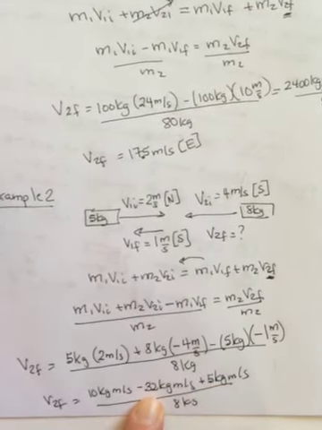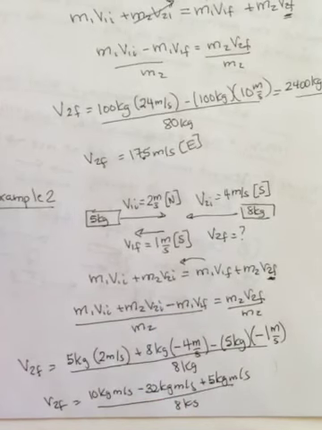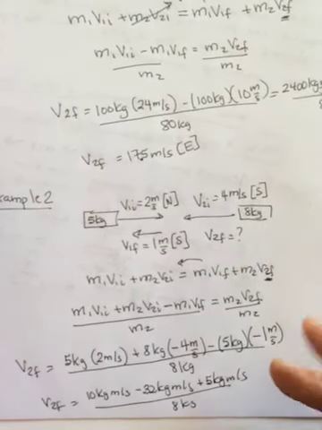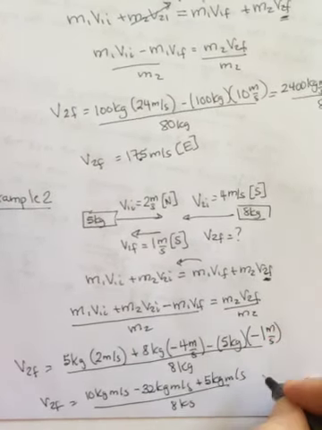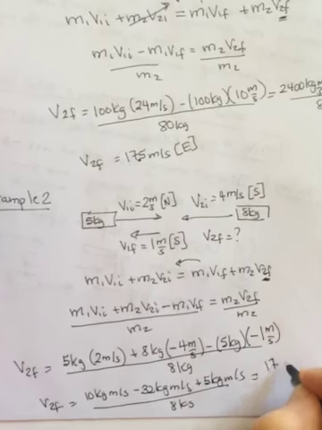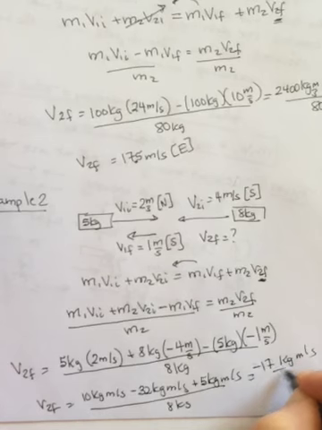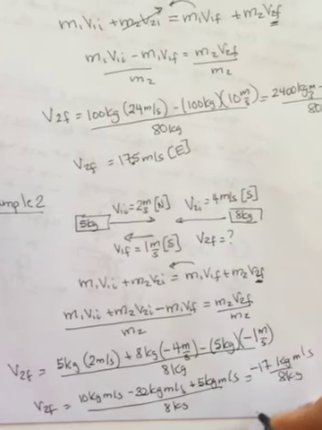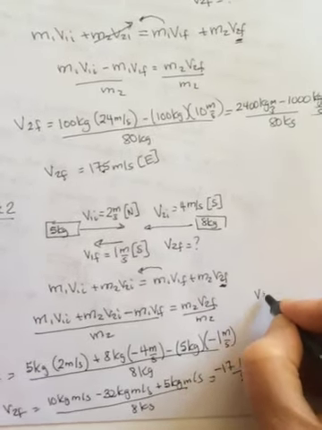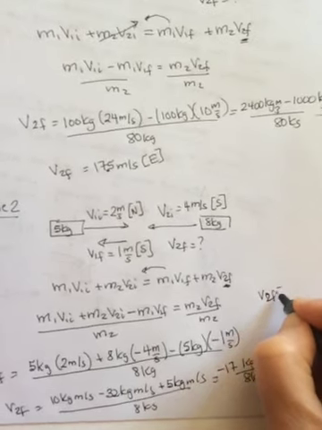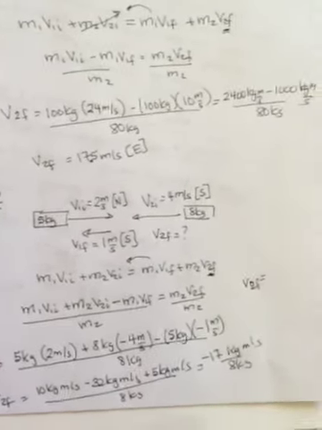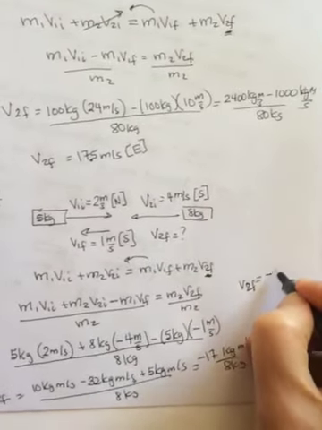So 15 and 32, so what's that going to be? 17 on the top. So 17 kilogram meters per second, and it's negative, divided by 8 kilograms. And you get a V2F to be negative 2.125